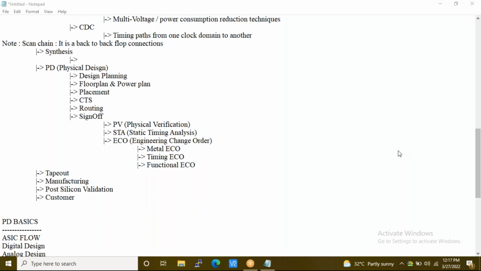Tomorrow we are starting. Now how it works is, actually speaking, for both the front end and back end domain, PD and the verification domain, the initial 3 weeks of training will be common, because we will have to teach you ASIC flow, we'll have to teach you digital design, we'll have to teach some basic fundamentals, which is common for both the domains. So both the courses will start simultaneously. So you won't find any difference for the initial 2 to 3 weeks actually.